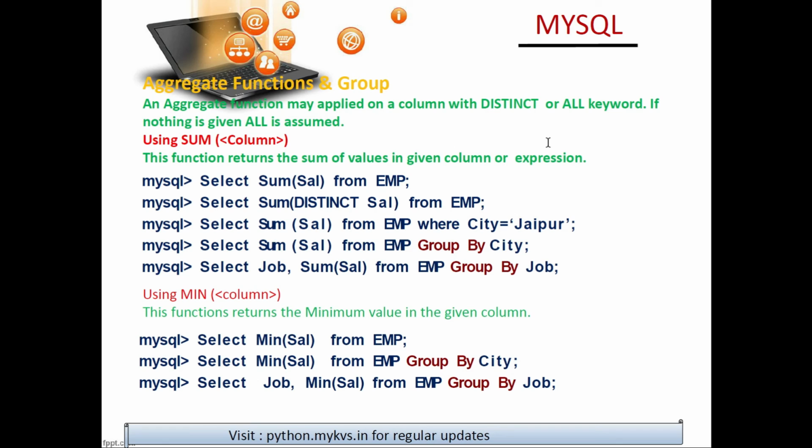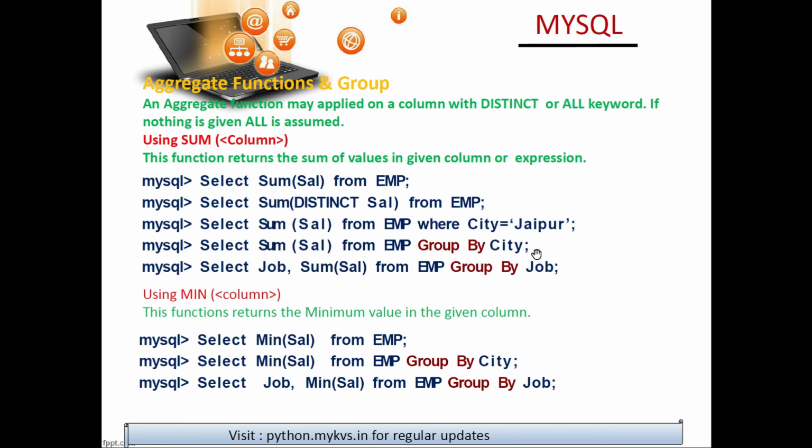So the first query, select sum salary from EMP, means all the records from the EMP table will be summed up and displayed. The second shows distinct salary from EMP, which means that when there are duplicate salaries, suppose two persons are getting 2000 or 3000, only one record will be displayed. Here I have told you already, for those who are living in the city Jaipur, only their salary has been summed up.